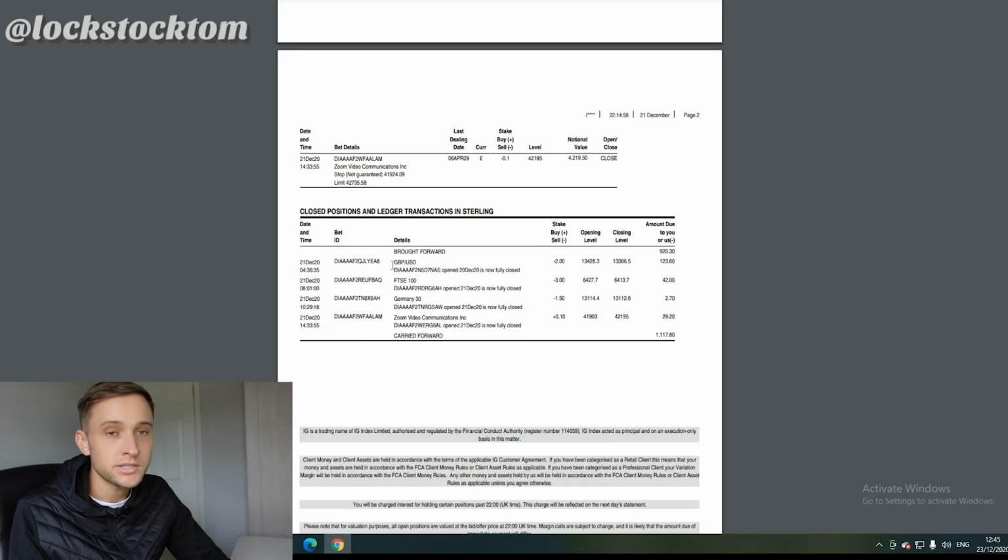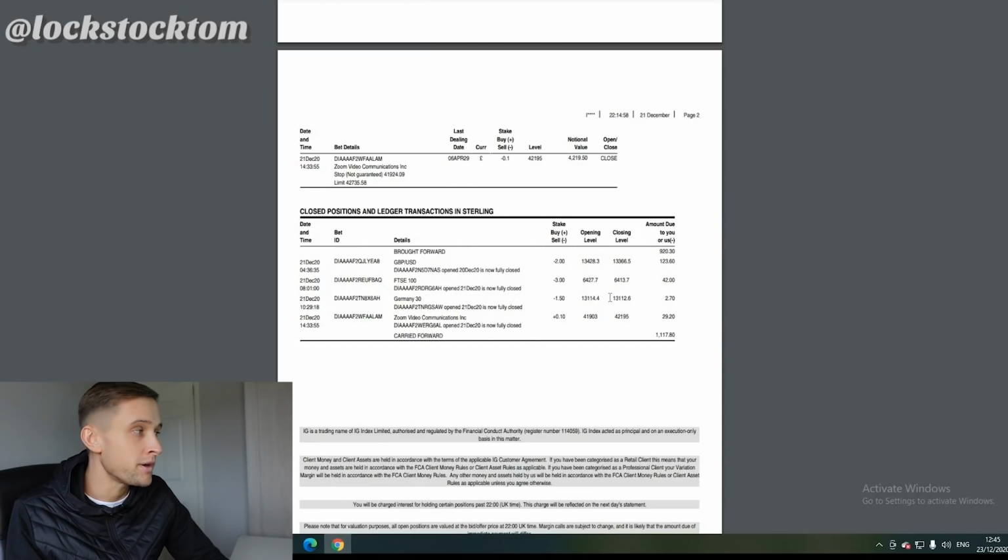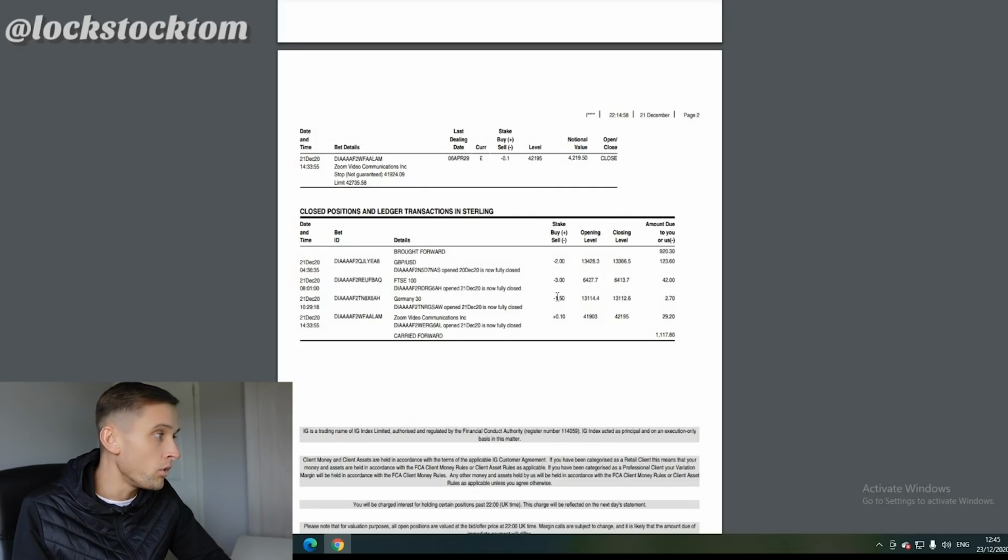Now, GBP USD is a contract that I trade a lot with my main money because it is the most reactive to all of the news that's going on with Brexit and everything else. I run this, but I cut it really short because I could have run this a lot further and made a lot more money. However, I wasn't trying to be greedy because at the open, I wanted to free up my margin because I knew the FTSE was going to take a whack as well based on this Brexit news. With everything shutting, there's no money coming in for the country. I knew that it was going to be a pretty dire day for the